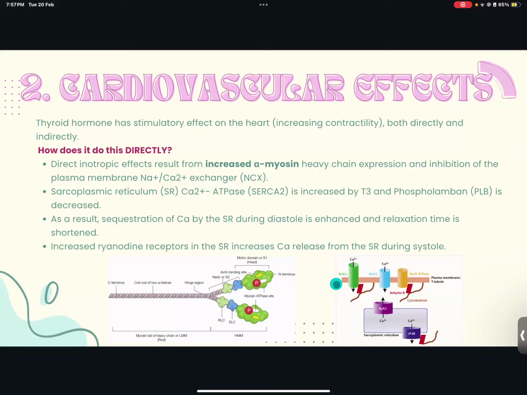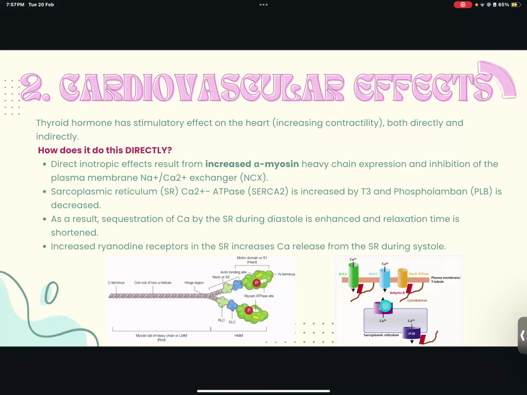Also, you're going to have increased sarcoplasmic reticulum ATPase, SERCA2. It's not shown in this diagram, but you're going to have increased SERCA2. It's increased by T3, and you're also going to have decreased phospholamban, also not shown here. As a result of these two things, you're going to have enhanced sequestration of calcium by the sarcoplasmic reticulum during diastole, and that will shorten